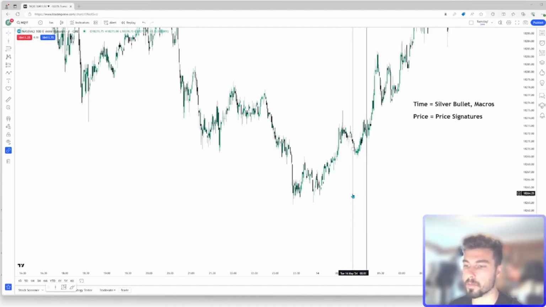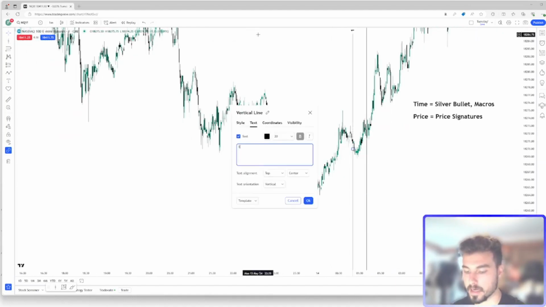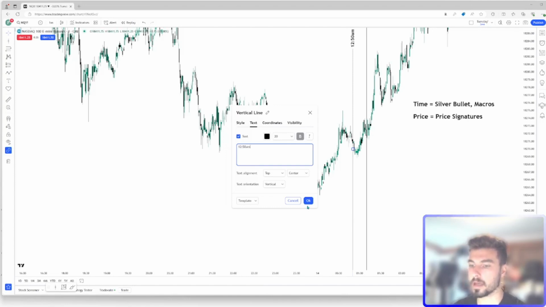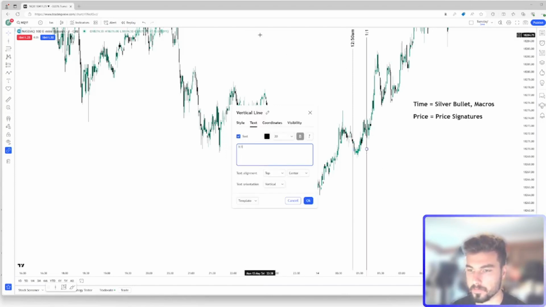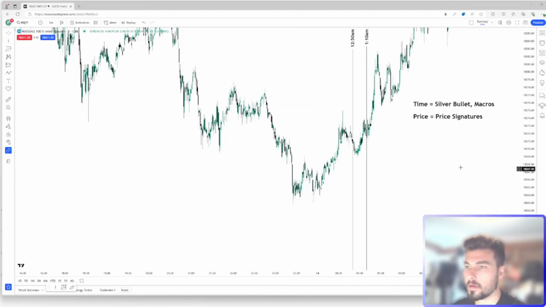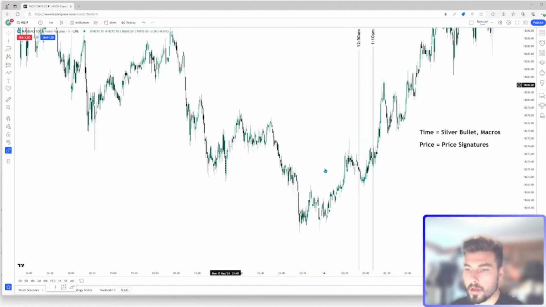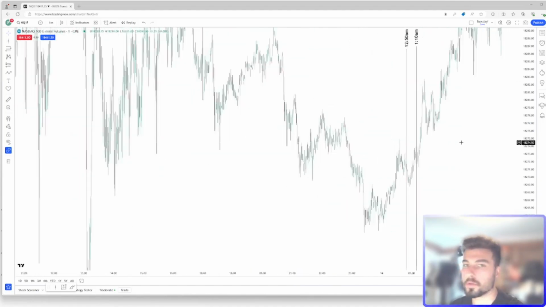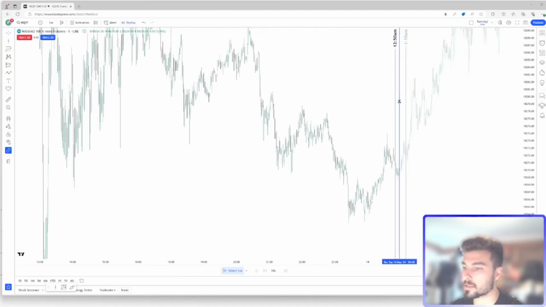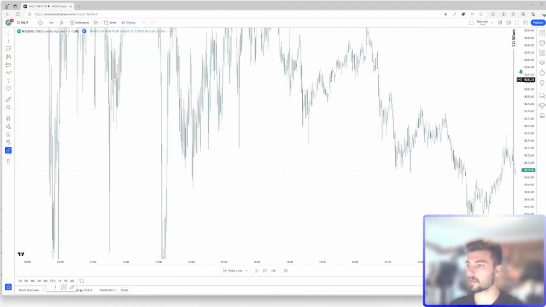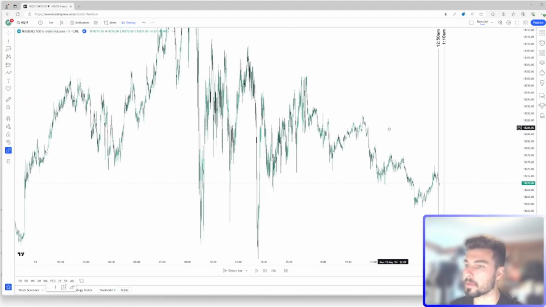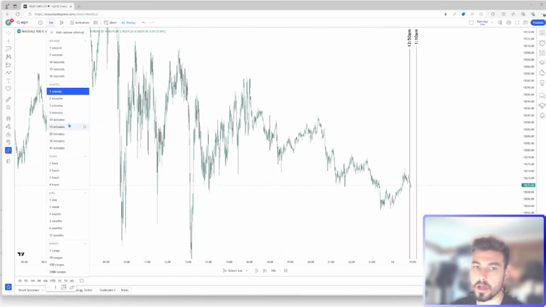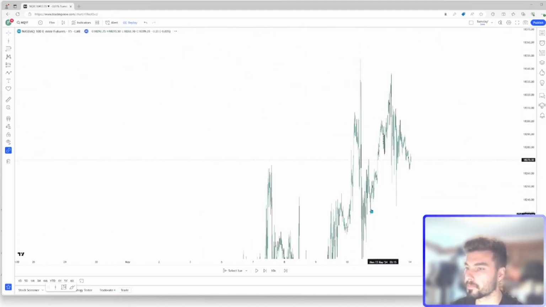So this line here represents 12:50. I'm going to mark that out on the chart. That there is 12:50 AM. This line represents 1:10 AM. Now, for a lot of people, you're looking at this and there's not too much going on, but what you've got to do, you've got to zoom out on the chart. So as soon as you see price like this, what do you see? Now we're on a 1 minute time frame here. I'm going to go to a slightly higher time frame, being the 15 minute.